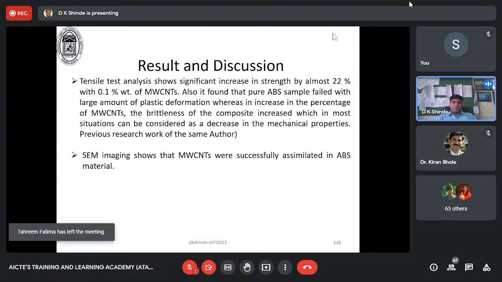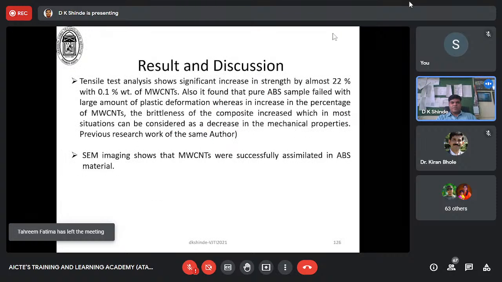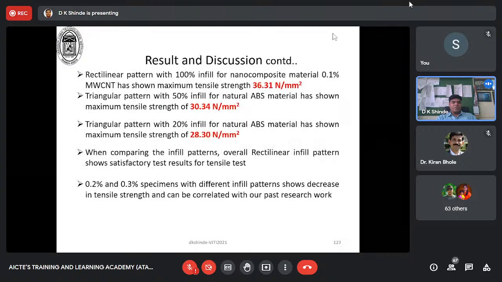So those SEM images also give a clear idea about the increase in the properties because of the availability and existence of the MWCNT. So those percentage infill, as finally you can see 36 megapascal, rectangular 30 megapascal, and 20%